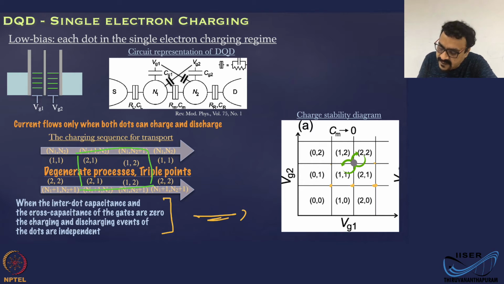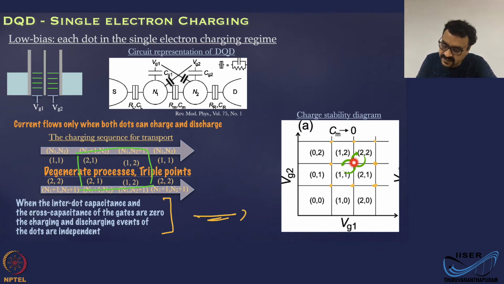Okay, and that whole space of points where these two can fluctuate at the same time is going to look like a square or a rectangular lattice depending upon the symmetry of the system. Okay. So in this case, I have assumed they are symmetric, so you are going to get a square lattice. These two points will be represented by a square lattice in VG1, VG2 space. So let's consider one specific point here, which is what we discussed here.